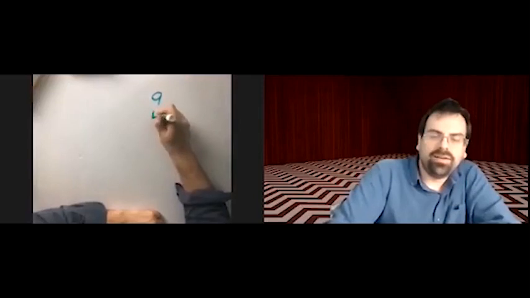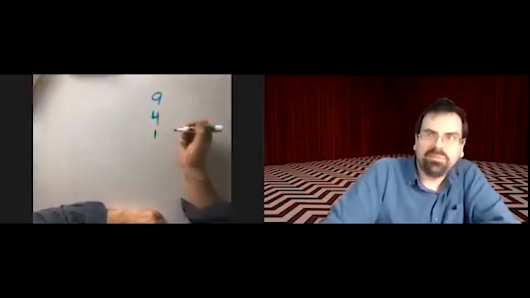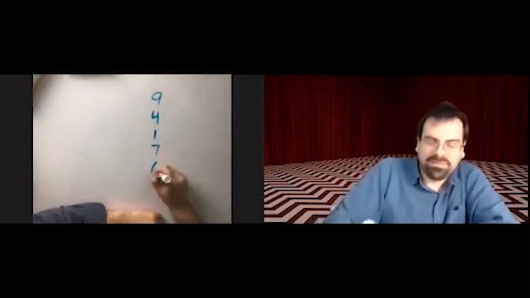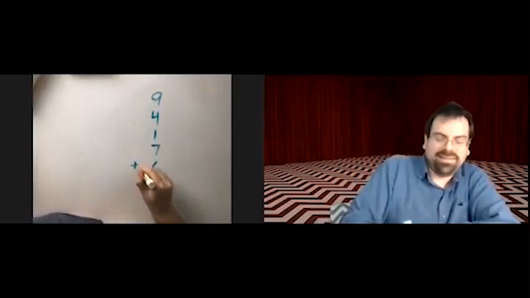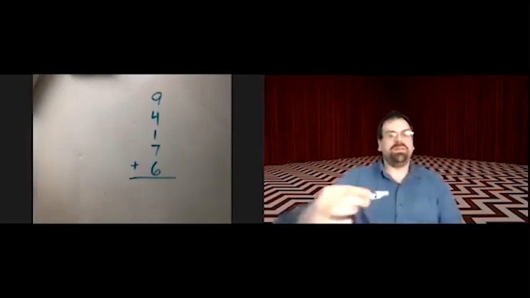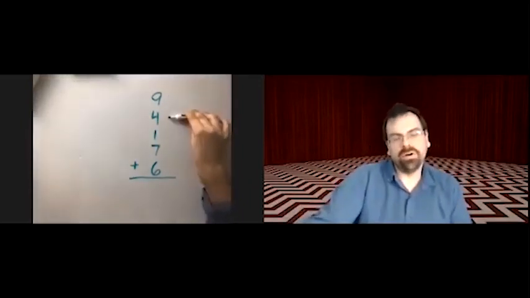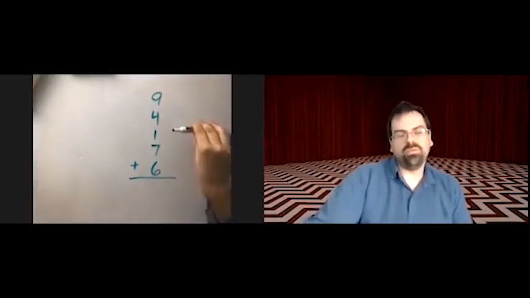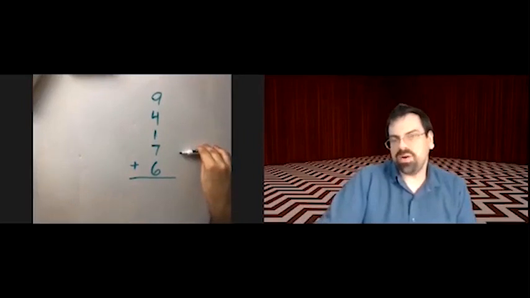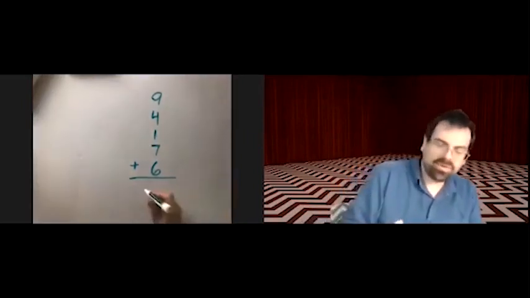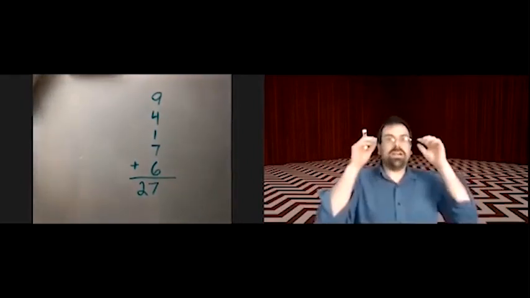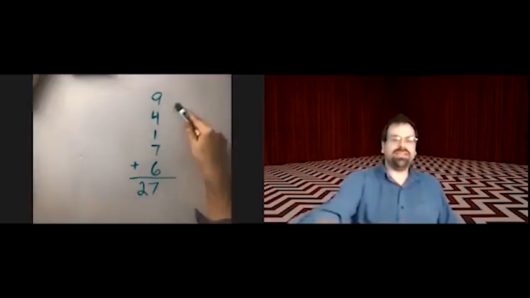Nine plus 4 plus 1 plus 7 plus 6. So you can go straight down. 9 plus 4 would be 13, plus 1 would be 14, plus 7 would be 21, plus 6 would be 27. But when we have a large group like this, there is a quicker mental way that doesn't have you